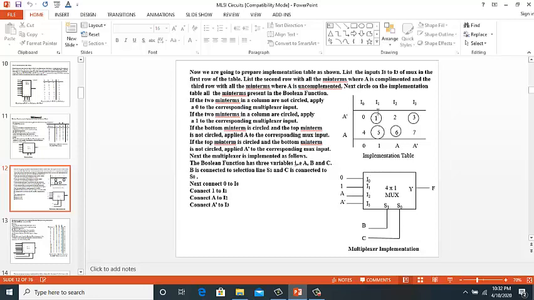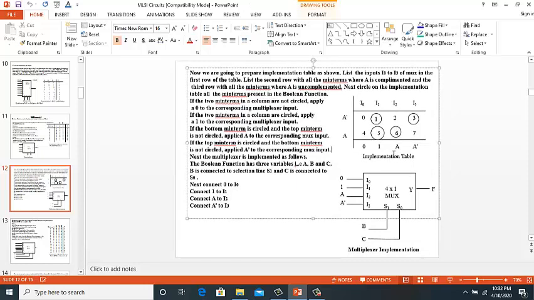Then we see that I1 has an input of 1, so we input a 1 to the input I1. Similarly, I2 is taking value A, so to I2 we input the value A. And under I3 we have the value A bar, so to input I3 we put the value A bar.